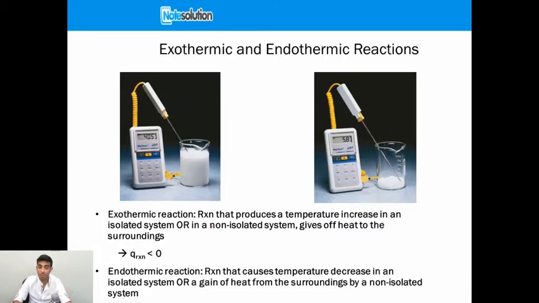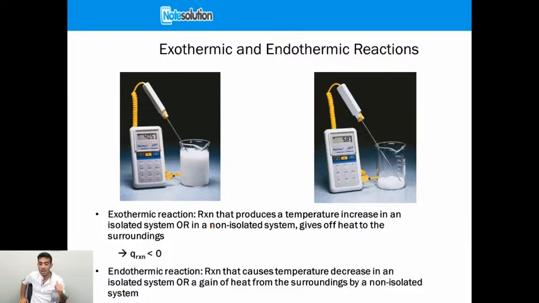Exothermic is a reaction that produces a temperature increase in an isolated system, or in a non-isolated system gives off heat to surroundings. Remember, we can have an isolated system or a non-isolated system. In an isolated system, the heat is not allowed to be exchanged with the surroundings, so the only way for us to visualize heat is through seeing a temperature increase in the system. But in a non-isolated system in which energy can be transferred, the heat will be exchanged with the surroundings. So you're actually going to feel the heat instead of seeing it as an increase in temperature